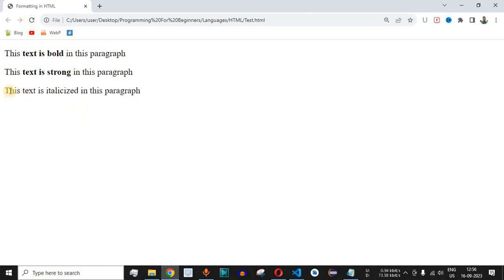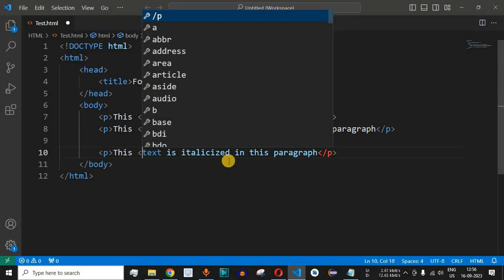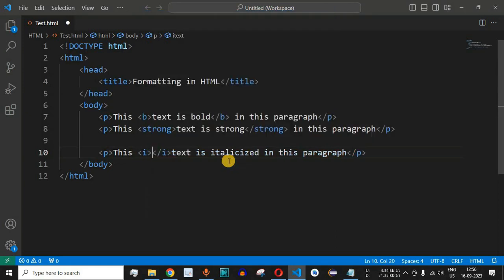When we reload this page, as you can see, this is normal text being displayed inside the paragraph. Now we want to make this text is italicized look italicized. So what we have to do is enclose these three words within the I tag. Over here in the source document, we will have the less than symbol, then I, followed by the greater than symbol, and then this ending tag we can just cut and paste after the word italicized. So over here we have the text is italicized enclosed within the I tags.